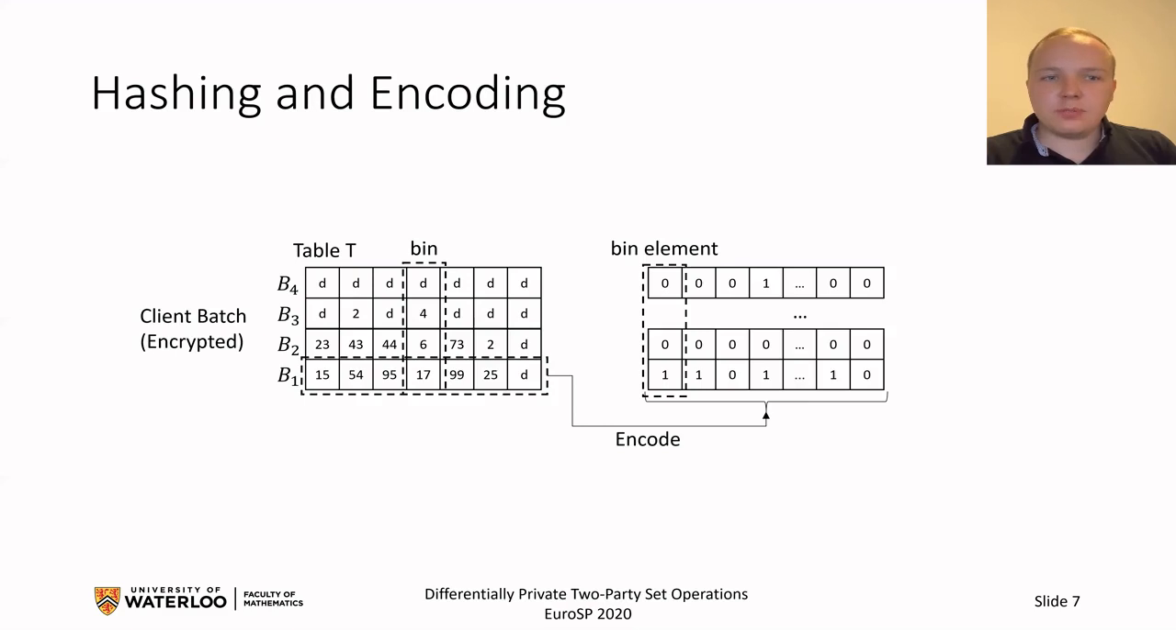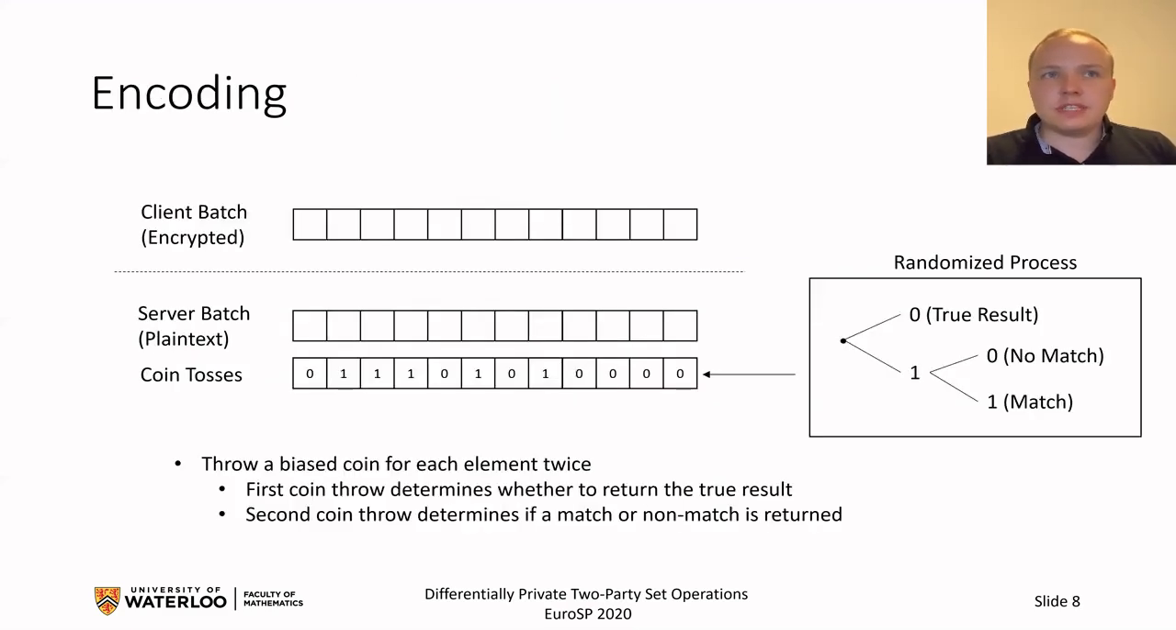And then we encrypt the ciphertext and send it over to the server. Now the server receives the encrypted batches, and they want to align or compare each element in each batch with all server elements that are hashed to the same bin. Now the server wants to apply differential privacy, so he wants to reply non-truthfully for a subset of these elements,